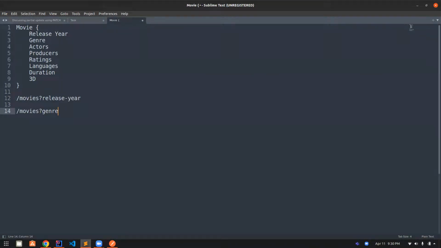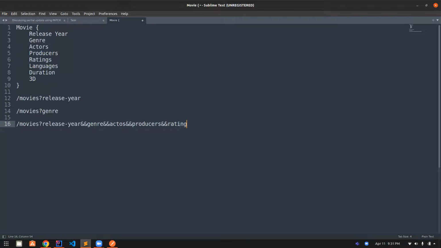Then let's say you want both of them: movies by release year and genre. If you compile all of them, if you have one API which will accept all the query parameters, it will look gigantic. It will have this, then you'll say actors, then producers, then ratings. You can see that the list will go on and on and on. It's going to become a very long